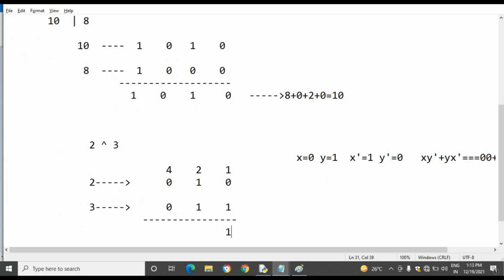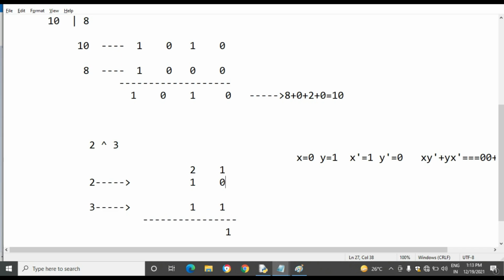This is 1. The other positions are not needed because we have taken only the 2 cases.